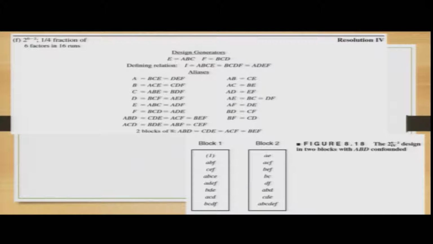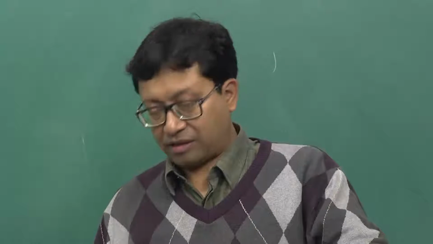block would basically have, I am reading some of the factors, which is A B F, C E F, A B C E, so on and so forth till B C D F, and from block 2 you will basically have A E, A C F, so on and so forth till the last one, which is the combination of A, B, C, D, E, F. So, this gives you the combinations of 2 to the power 6 minus 2 factors, where K is 6, again I am repeating, why 6, because you have basically considered them at one level lower, and that P value is basically 2.